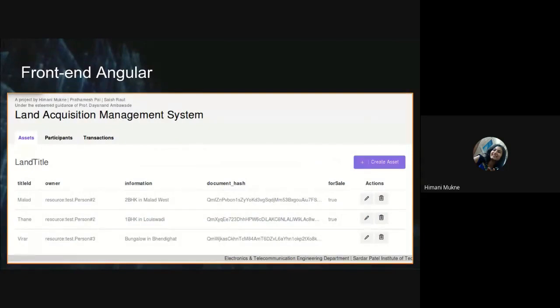So this is the front end that we developed on Angular. Here, as you can see, there are three basic entities. There's a participant, there's an asset, and there are transactions. In the asset section, the asset being land title, you see that the asset ID is defined as title ID. For example, Malad Thane Virar, and the owner is resource colon test dot person. Person is the participant, and hash and the number after it is the participant ID. So if you look at the first entry, it basically means that